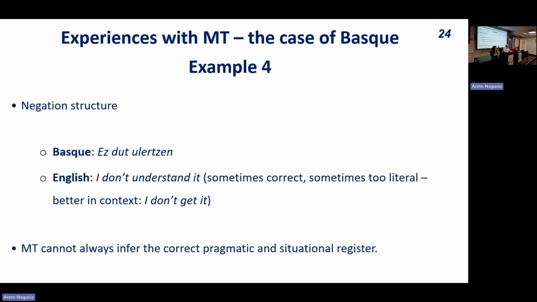So Basque, "es dut ulertzen." English, "I don't understand it," where literally this in Basque is "I don't understand." The "it," as a sort of direct object, is not spelled out. So sometimes this could be correct, of course, sometimes it could be too literal, and in context, in some cases, a phrase like "I don't get it," to refer to a specific part of the conversation or a specific point,